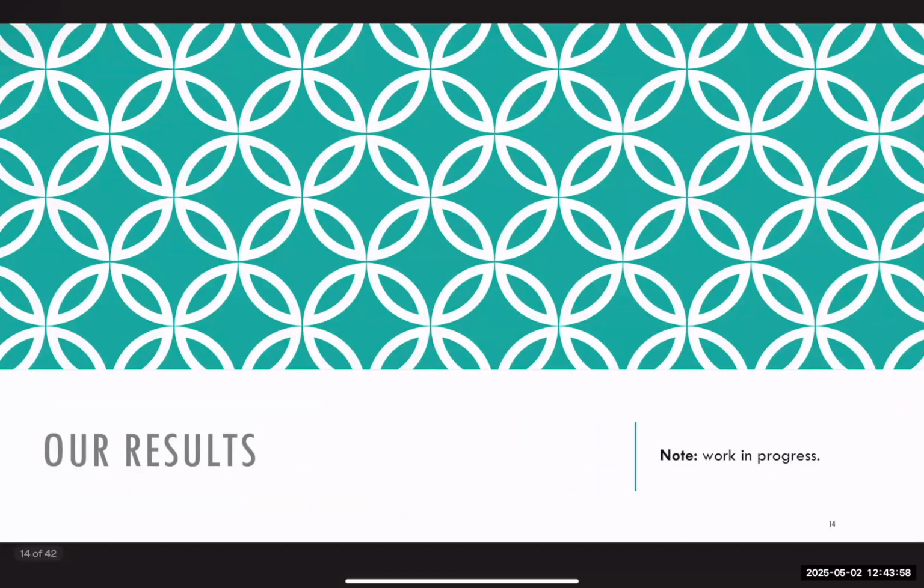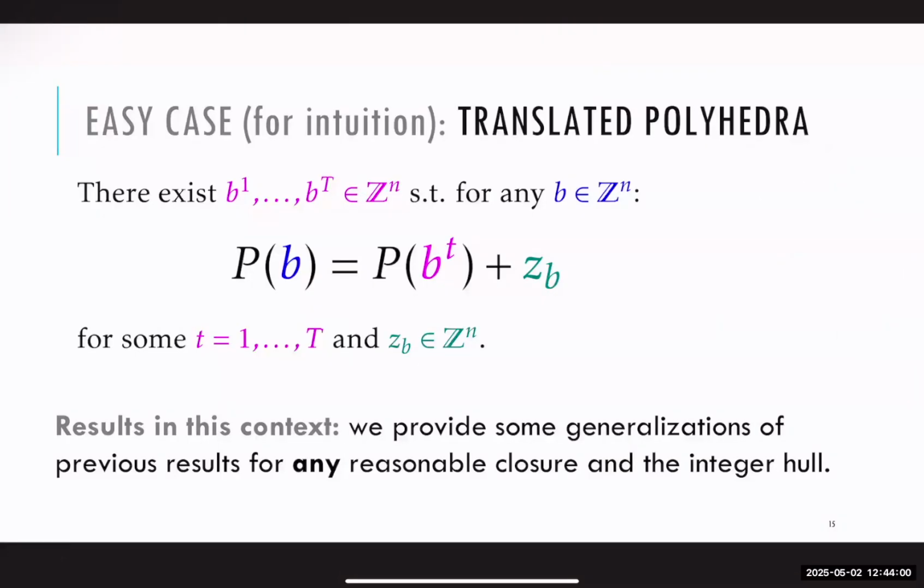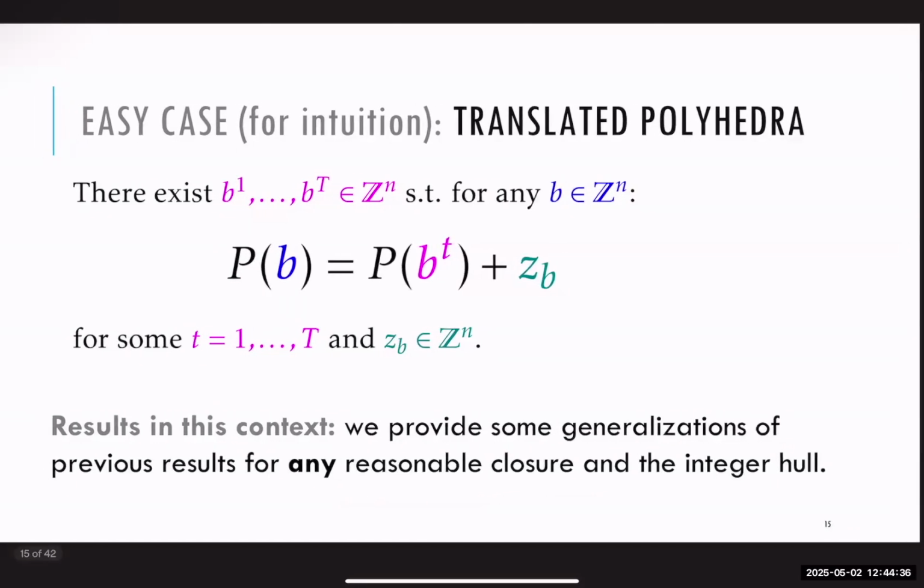So, before presenting all results, I will present an easy case for intuition. Let's say that your family of polyhedra is of this form. Every polyhedron in your family is a polyhedron with a fixed right-hand side, and you perturb it by an integer point. This could be an infinite family. So let's see what happens in this case. What I claim is that we can generalize some of those results for any reasonable closure and interval. And to understand why this case is easy,